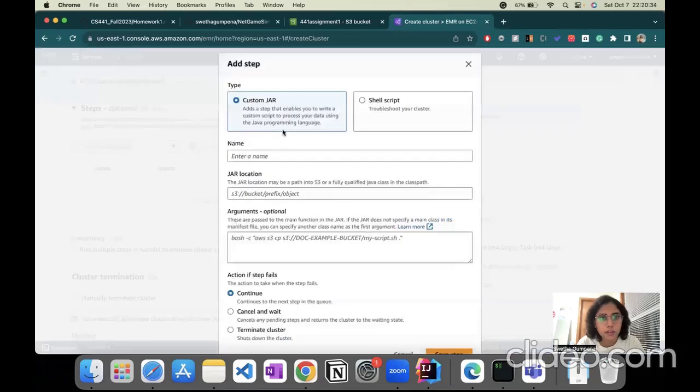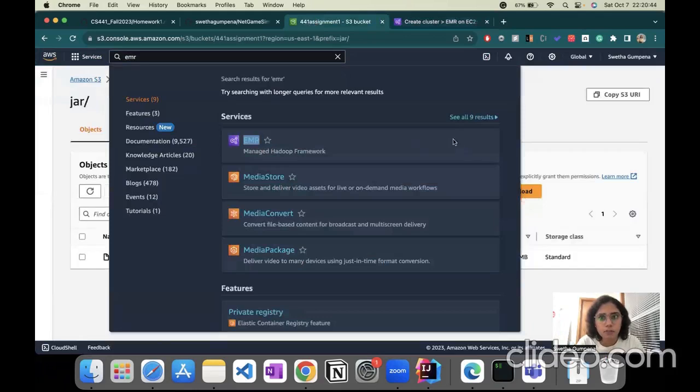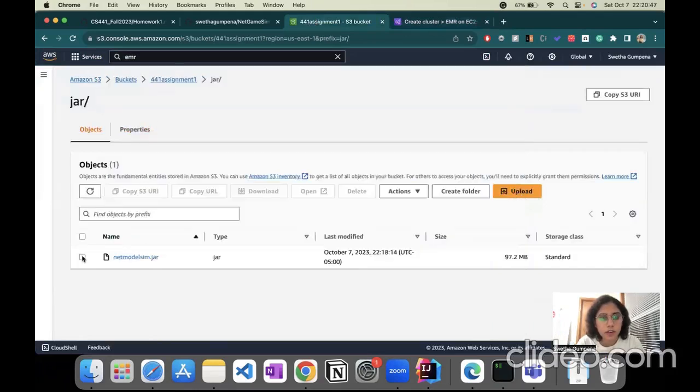And I would create a step. This would be graph comparison, and I have to give the path of my jar file